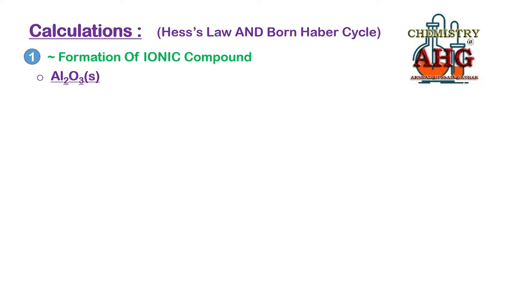Okay, as I have told you, first of all you must remember enthalpy change of formation is the enthalpy change of the direct path, and it is equal to enthalpy change of atomization. First of all, you will atomize aluminum. Enthalpy change of atomization of aluminum multiplied by 2, because there are 2 moles of aluminum, plus enthalpy change of atomization of oxygen multiplied by 3, because there are 3 moles of oxygen. Now atomization has been completed.